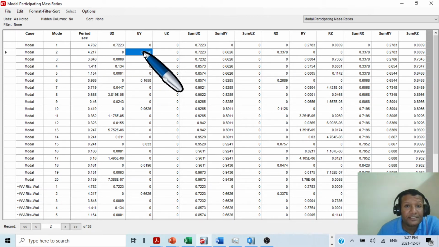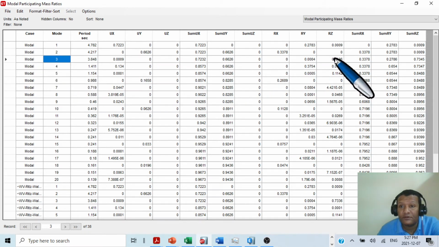Mode 2 means it is the first mode in the y direction, and 66.26% of our mass is participating in the building. Mode 3 means 73.36% of our mass is participating in the z direction. So modes 1, 2, 3 mean the first mode in the x, y, z directions, and mode 4